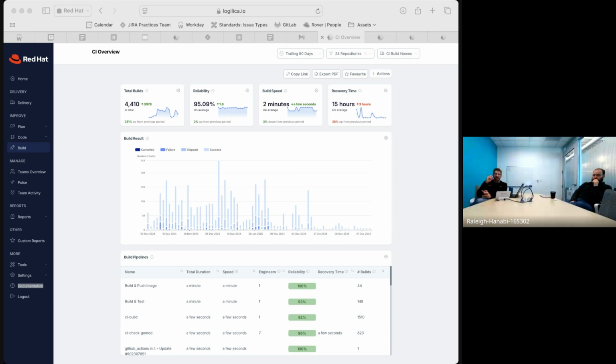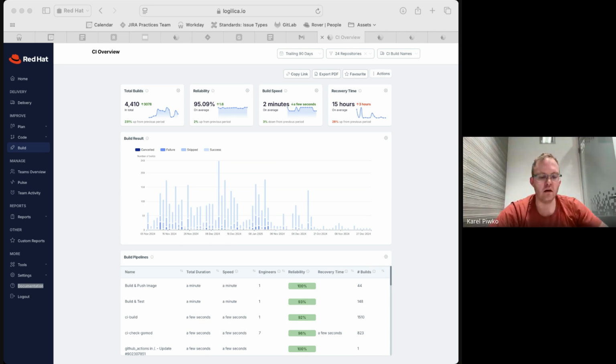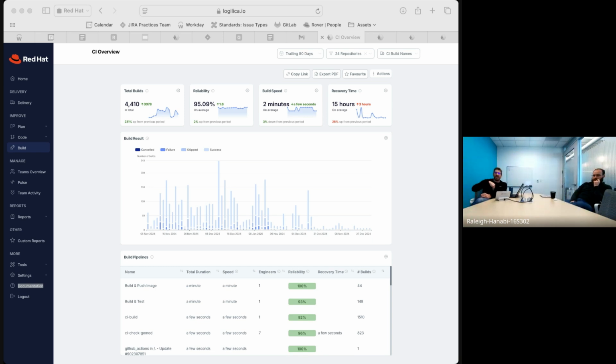Is it designed as a polling-based model with the Logilica integrators, or is there maybe more of a push-based model where data, like CD events, could be streamed